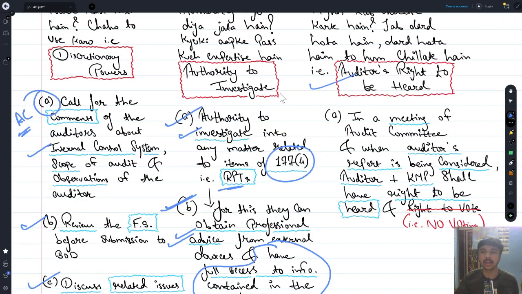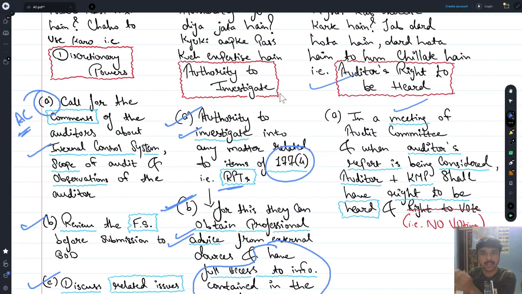So where will they be heard? Will they go to a BJP rally and talk about this, or will they go to Rahul's Bharat Jodo Yatra and talk about this? No, you cannot go to all these places. What you have to do is, you get the right to be heard in a meeting of the audit committee. So when the audit committee is meeting, the statutory auditor can go,